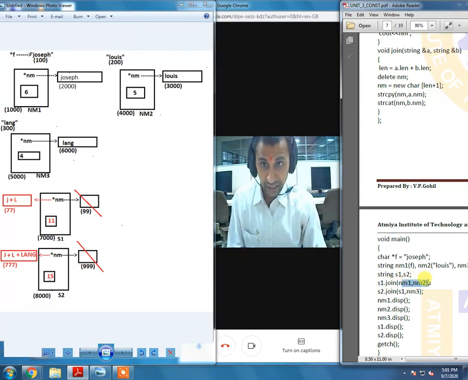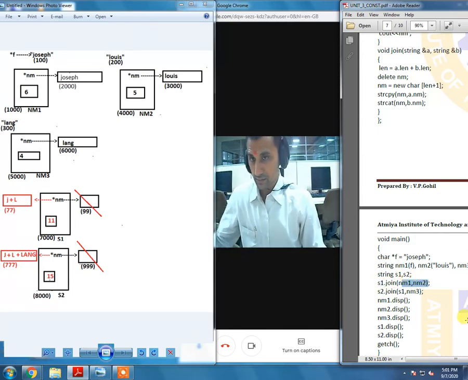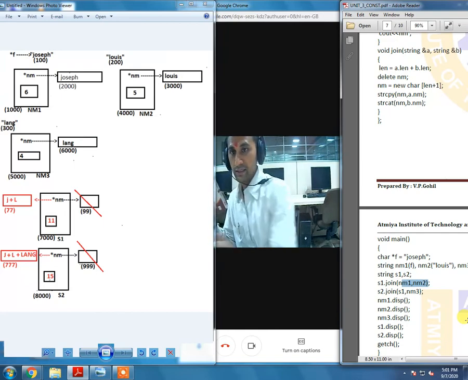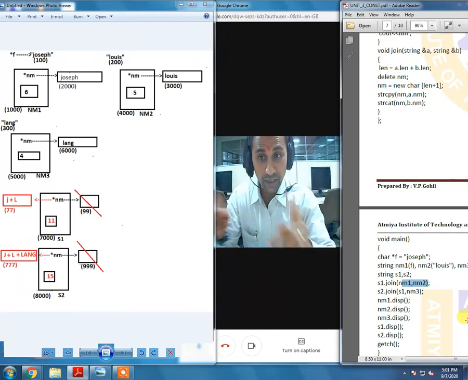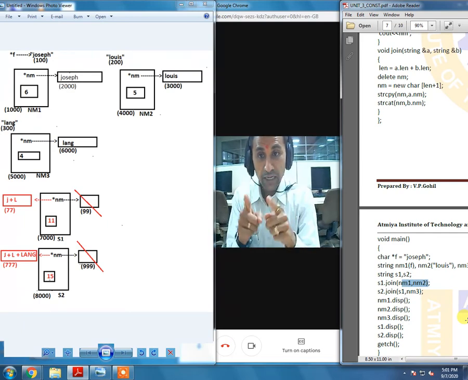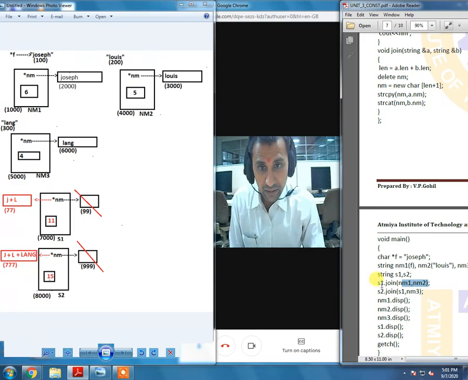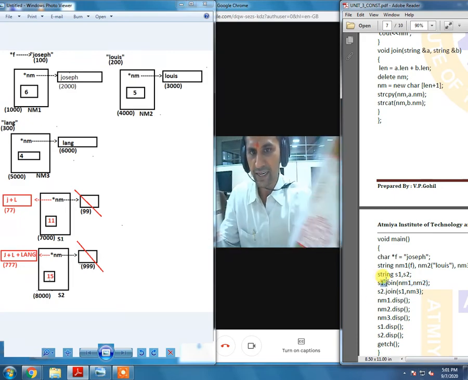There is nm1 and nm2. This is nm1. This is nm2. Both these objects are getting passed as arguments. And by the way, don't forget the object which has made a call to this function, that is S1.